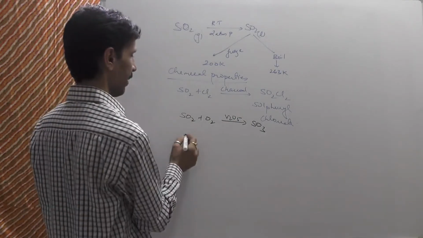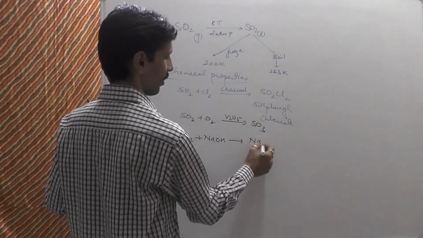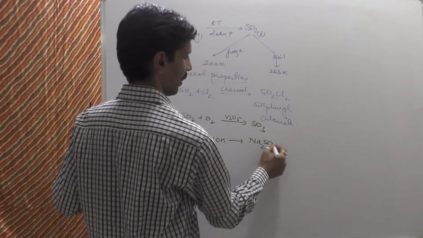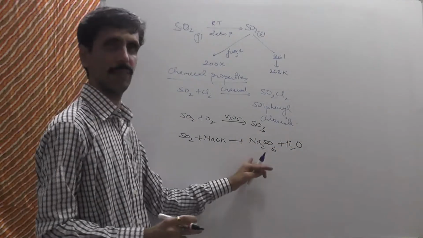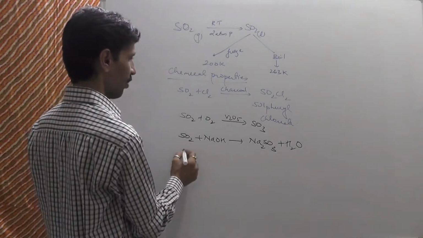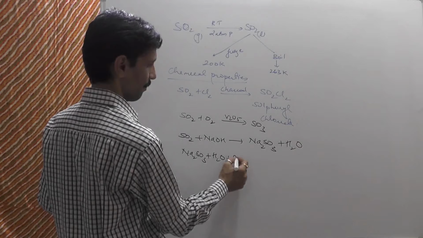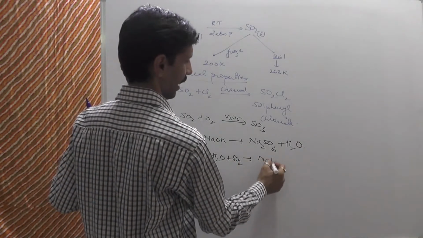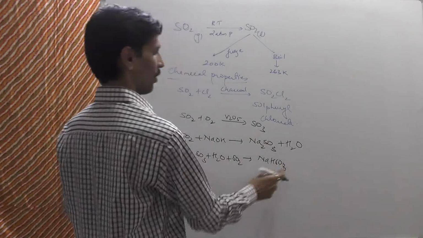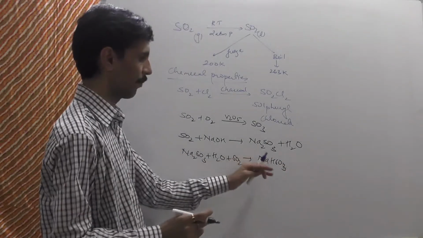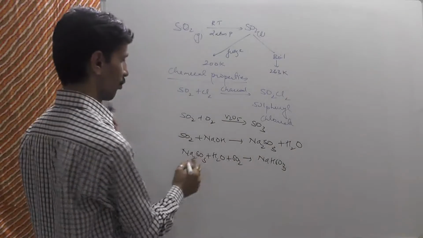Okay, next one is SO2 reacts with NaOH and that is going to give you nothing but Na2SO3 plus H2O, that is it gives you sulfite. Okay, Na2SO3 मतलब sulfite मिलेगा आपको। Next one is Na2SO3 के साथ भी वो react करता है in the aqueous medium and it is going to give you nothing but what? NaHSO3. This is called as sodium bisulfite. Okay, इसे हम लोग क्या बोलते हैं? सोडियम बाइसल्फाइट या फिर हम बोलेंगे सोडियम हाइड्रोजन सल्फाइट।